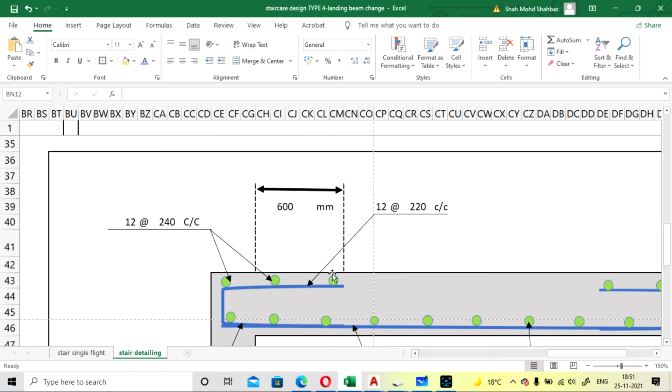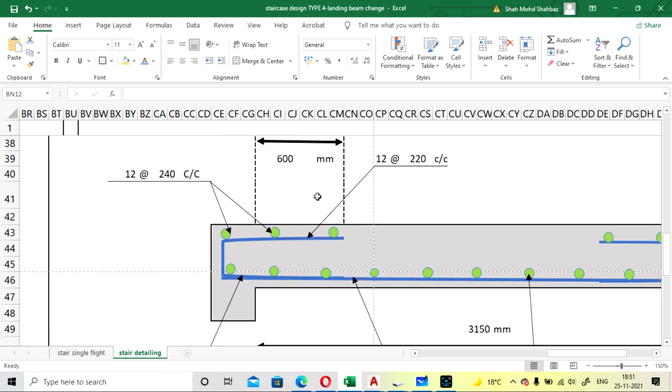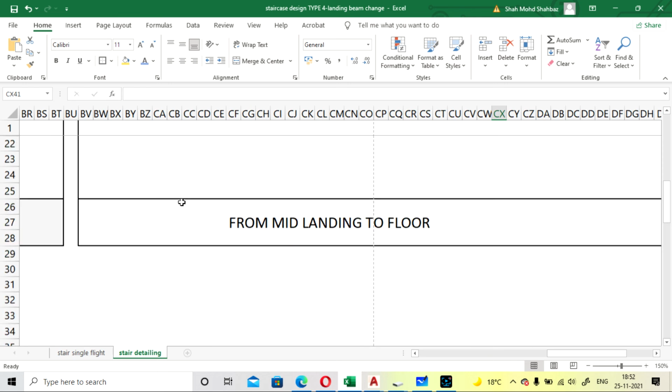Okay, and it will be extended up to 600 mm for a 12 mm dia bar. Then this one becomes 12 at 220, and this will come from the main reinforcement of the slab, so it is 12 at 240 mm.